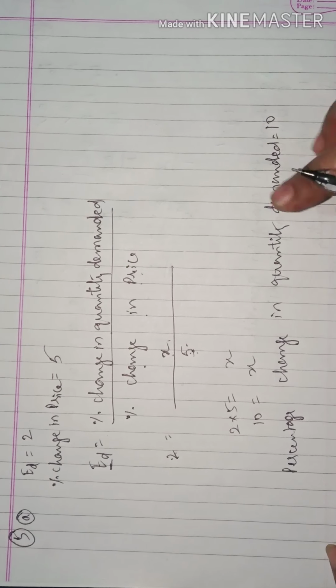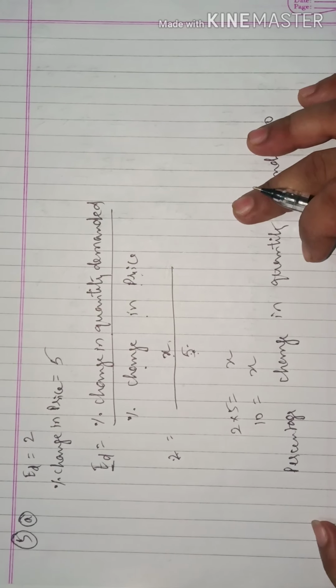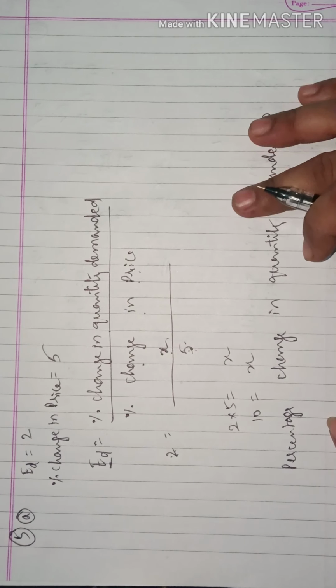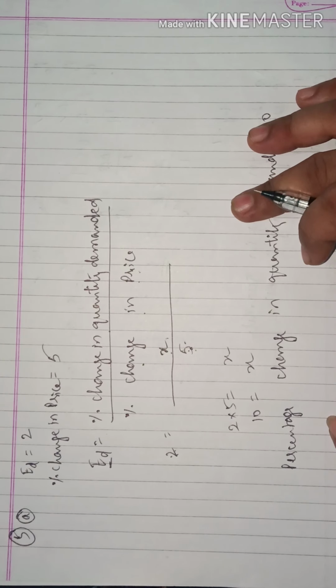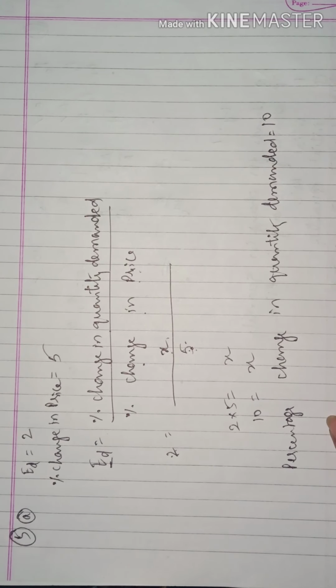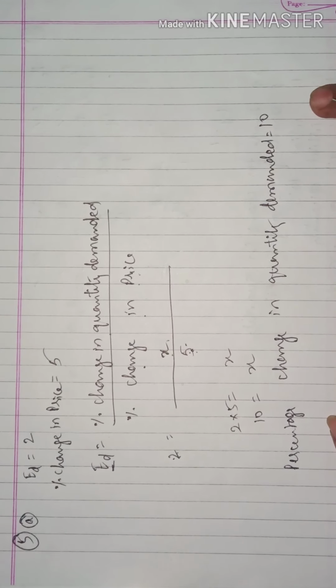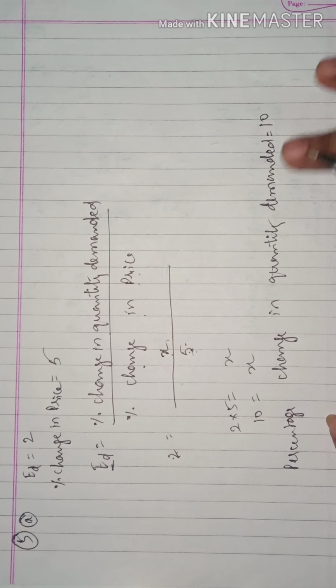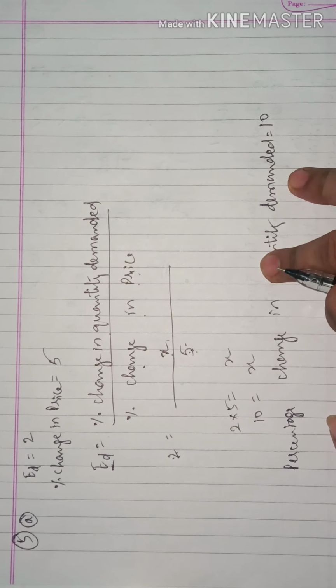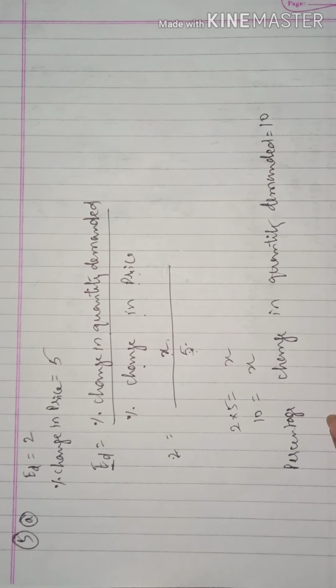Is it clear? So this is how I have solved all the sums. I have given many more sums here on the screen, so you try out all the sums, get the answers perfectly and understand the numericals clearly. Do remember, we have only this part of numerical, the rest we are not bothered with. You are connected with only this part, these formulas and these numericals.